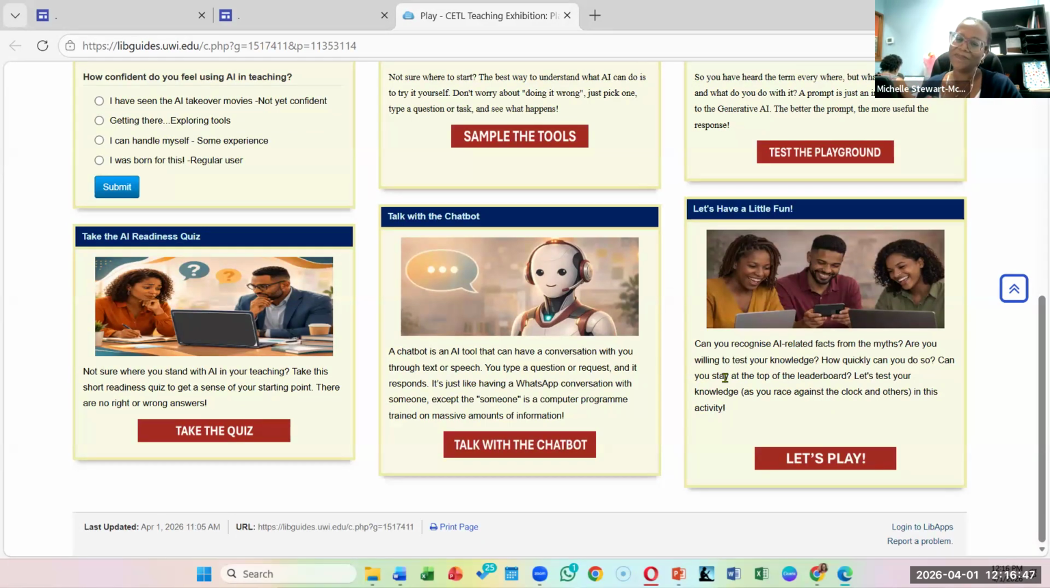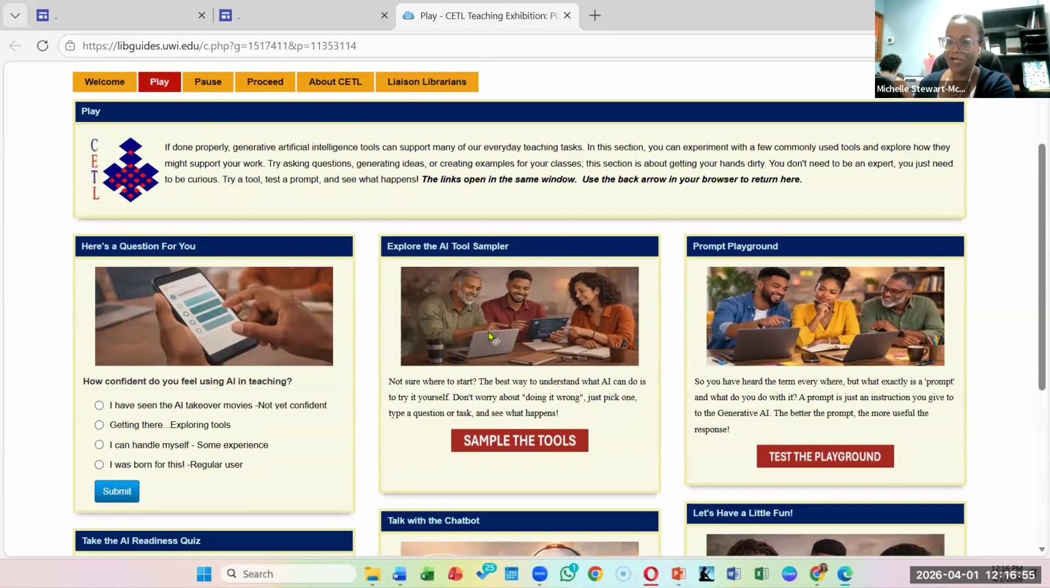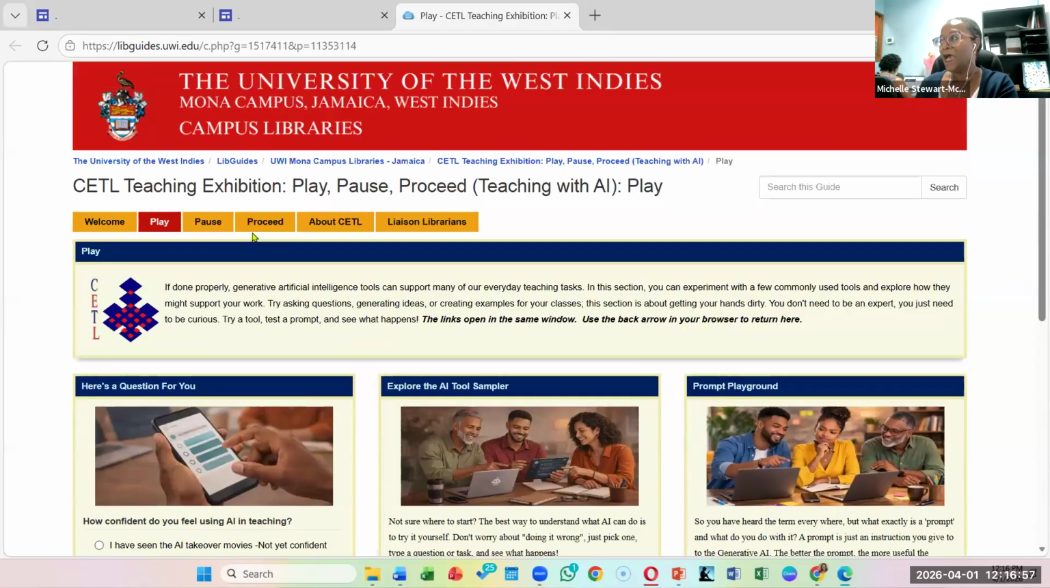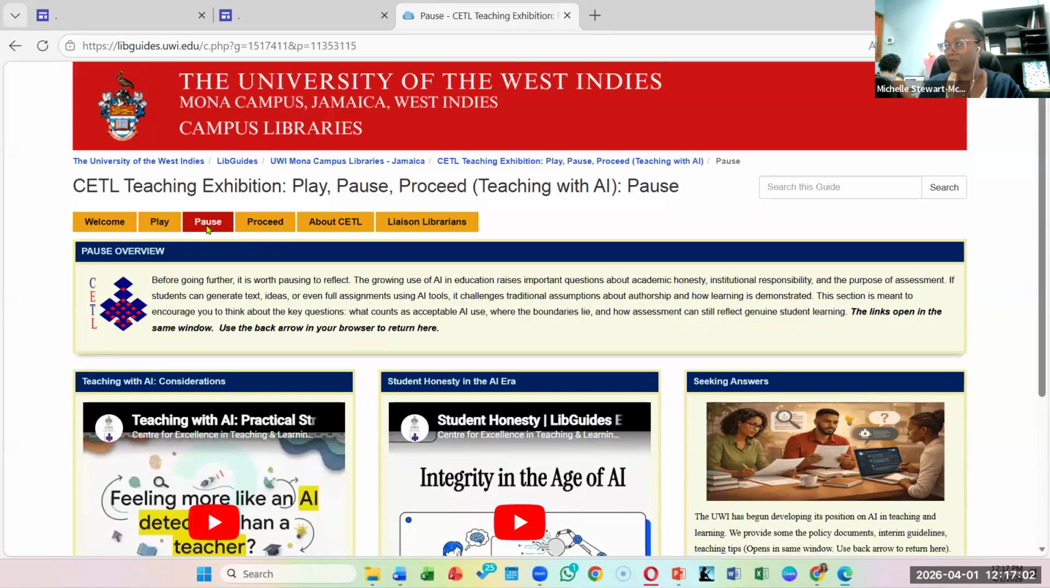And then, of course, we set up a little game that also uses AI where you can see how well you have been doing. So this is our exploration page, our play area. After you have done so, we invite you to go to the pause. Now you can go in any direction, but we would want you to ideally explore first before you pause and